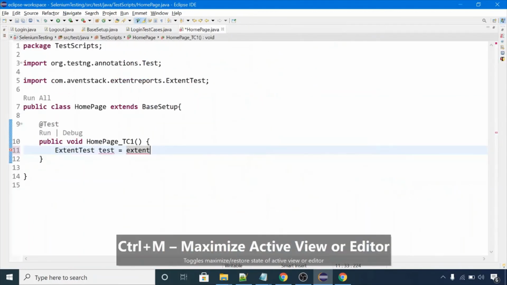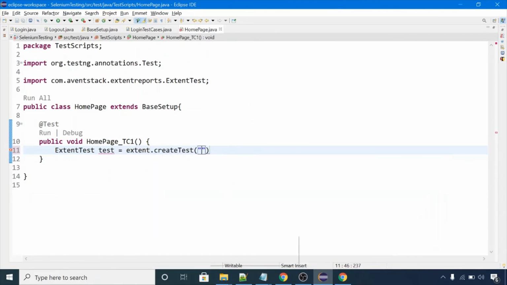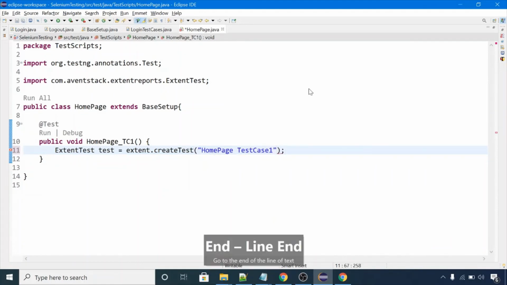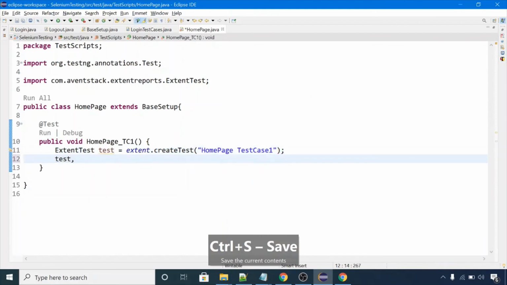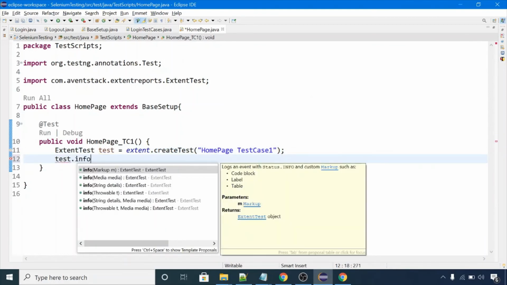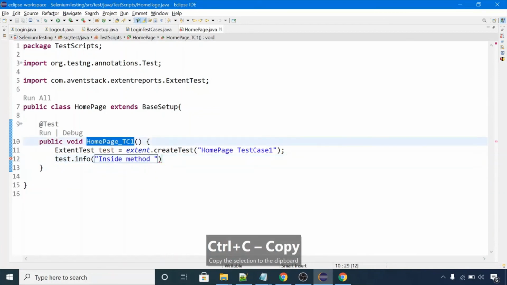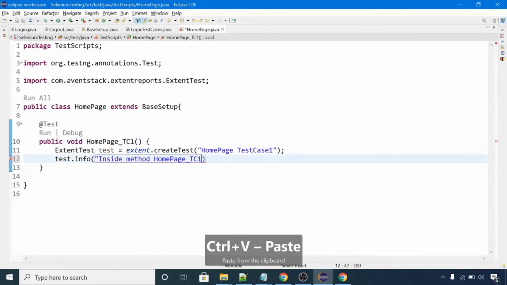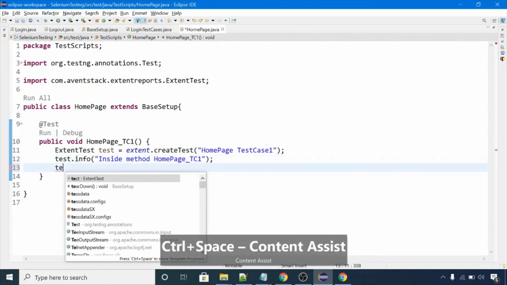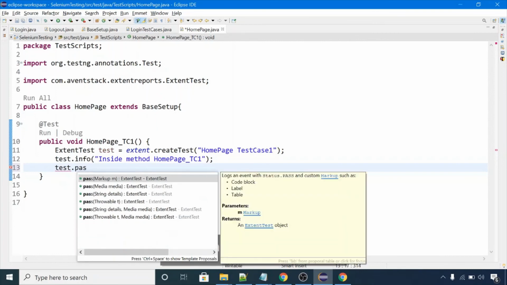Let me maximize the screen. extent.createTest, we'll pass the name here, this one, home page test case 1. Okay, we will use test.log or test.info. You can directly write here, inside method home page test case 1. Now you can use test.pass.